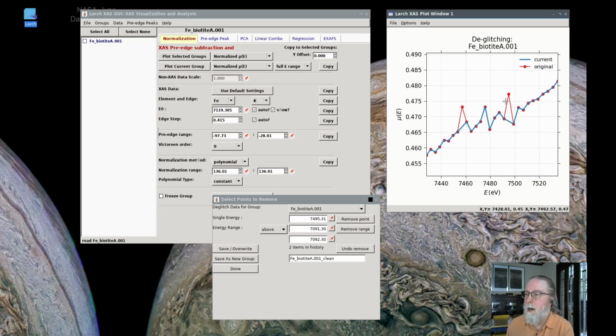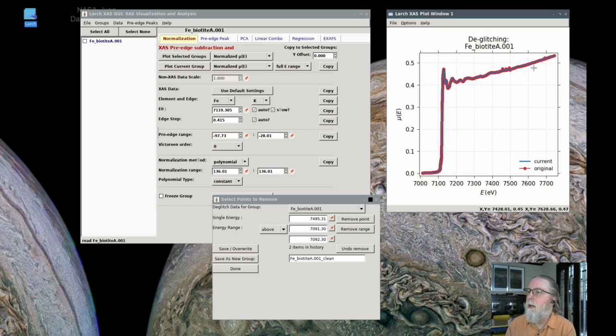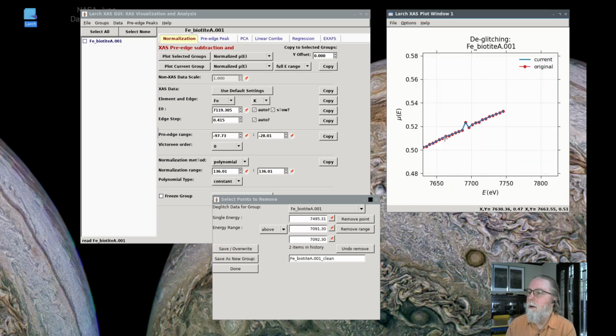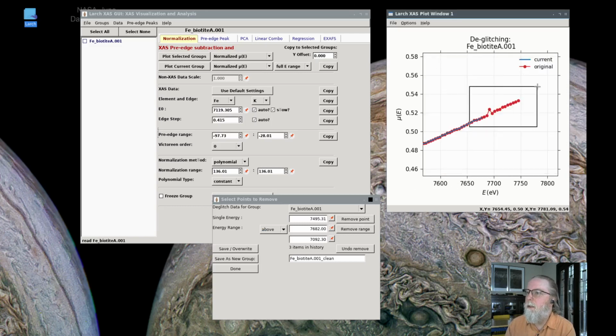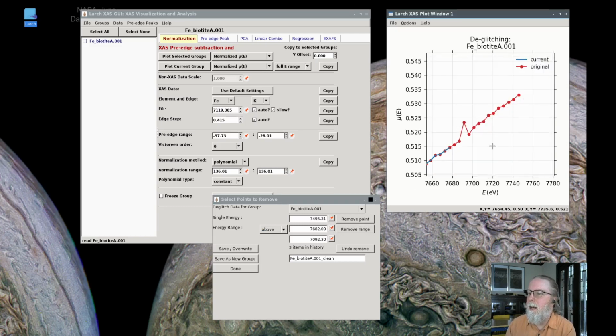This is not uncommon for them to come in groups of 2 or 3 and to have both a positive and a negative spike in them. So here we can select an energy range. We could select above, so that if we wanted to, say, select all of the data here and remove it. I could just say, let's take this point and say all of the data above this value, let's just remove all of that. And now the data set has no data above